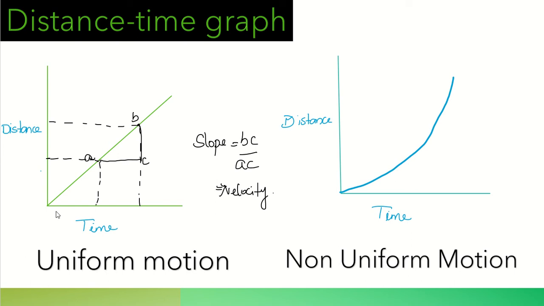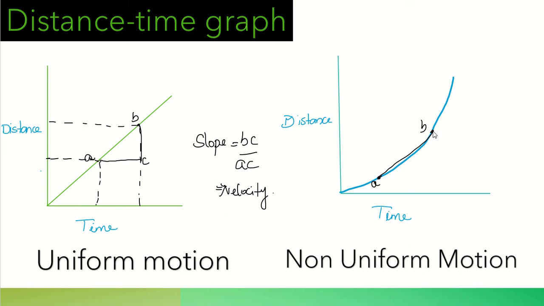In the case of uniform motion, since it is a straight line, whichever point you take the slope at, you will get the same value. Throughout the motion, the velocity is the same. But in non-uniform motion, the velocity is different at different points. Suppose I want to find the average velocity between two points. I take two points A and B and draw a straight line between A and B, because it's a curve and we cannot take a direct slope from there. I take two points during whichever time interval I want to find this velocity